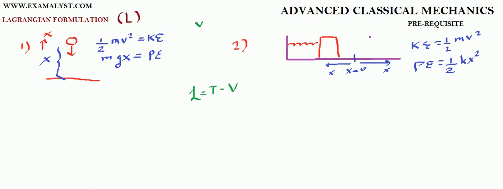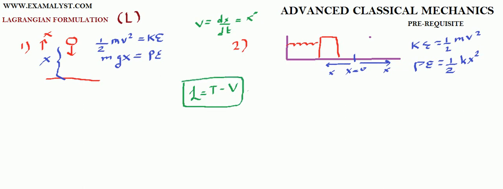Before that, let me tell you that velocity is dx by dt. You all know velocity is the rate of change of position. In many books, instead of writing dx by dt, they write x dot. Why? Because it makes life simple. You don't have to write dx by dt again and again. Just write x dot and things are understood. So the Lagrangian says do T minus V